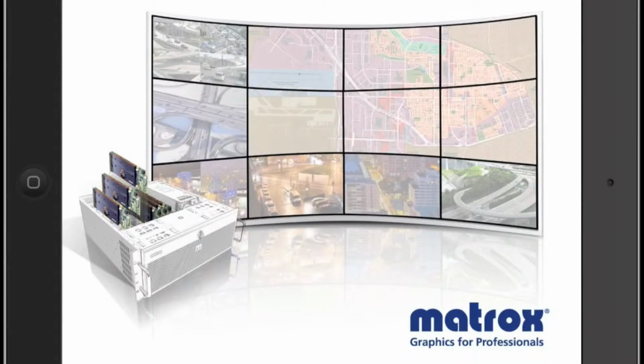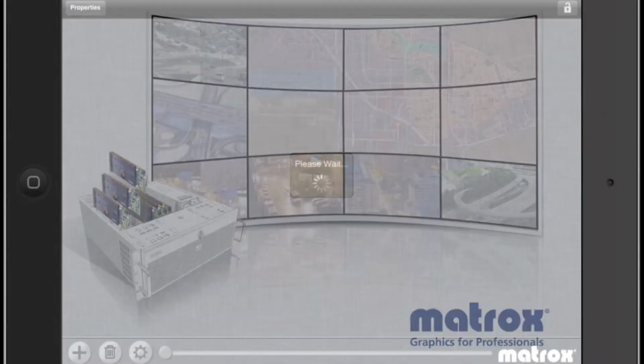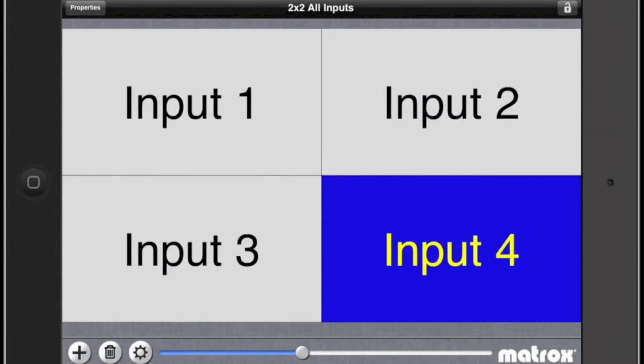So to start, on the iPad, enter in the TVC system's IP address. When it connects, I am able to see a representation of my wall. The system I am using in this demo contains one Mura MPX44 card, which features 4 digital inputs and 4 digital outputs. I have connected it to my screens in a 2x2 configuration. When the app starts, it will load the last layout you had applied, or if you have no saved layouts, it will ask you to create one. Let's look at some of my saved layouts.